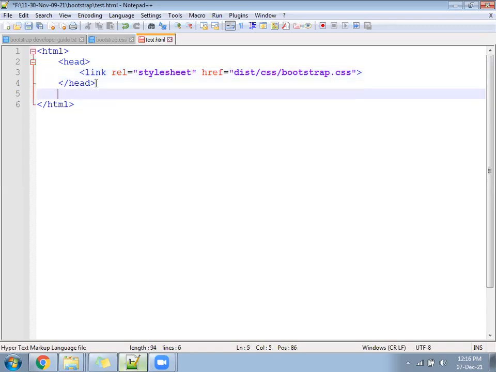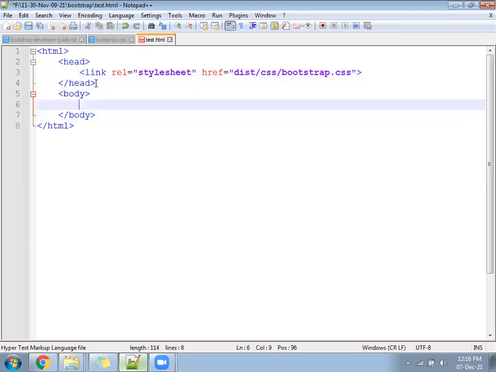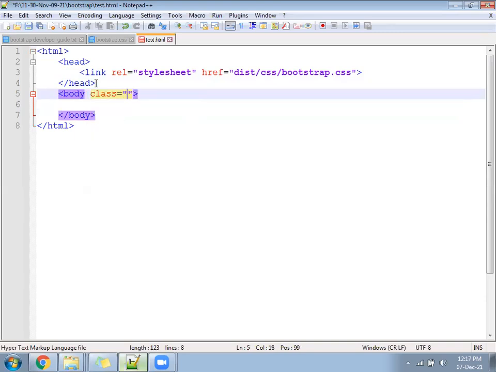Right after that, come down below, open the body tag, and for the body tag, right here, class equal to bg-primary.